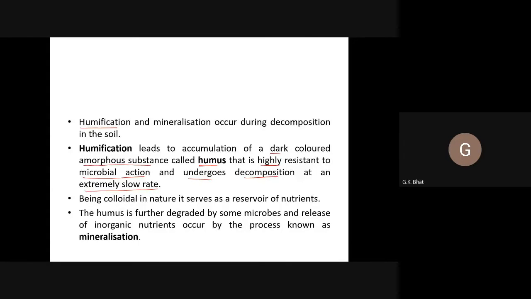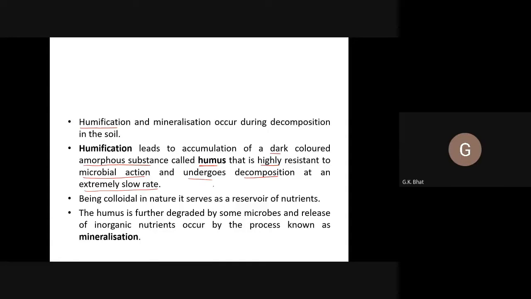Why I said Kaimara? It's in Tirthali only. It is Tirthali. Why that Kaimara? It is a Tanusri's place. Have you seen that Kadu Mannu there? Yes, sir. Yeah. So this humidification leads to accumulation of dark colored amorphous substance called humus that is highly resistant